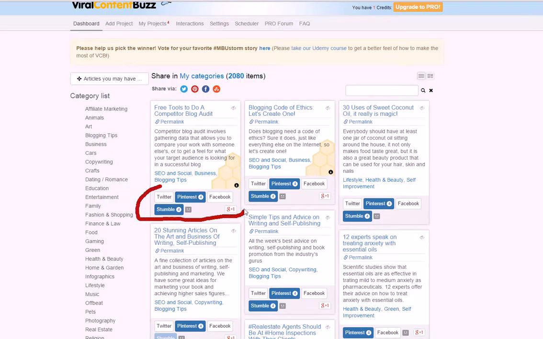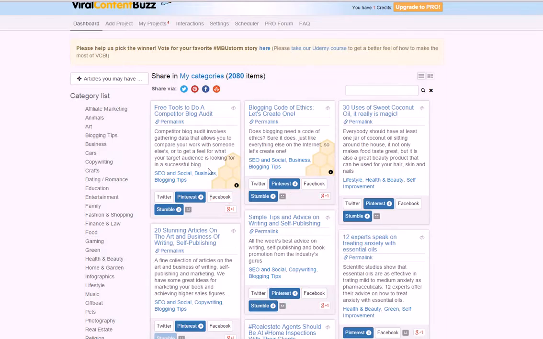As you can see, these are where you get your shares right here. So when people click these buttons, then you share their stuff. Then you go to a screen where you finish sharing it, and then you get the points that it tells you you'll get. For instance, see, it says I'll get 4 points for stumbling it and 4 points for pinning it. Okay, and you can get points for Facebook and Twitter as well.